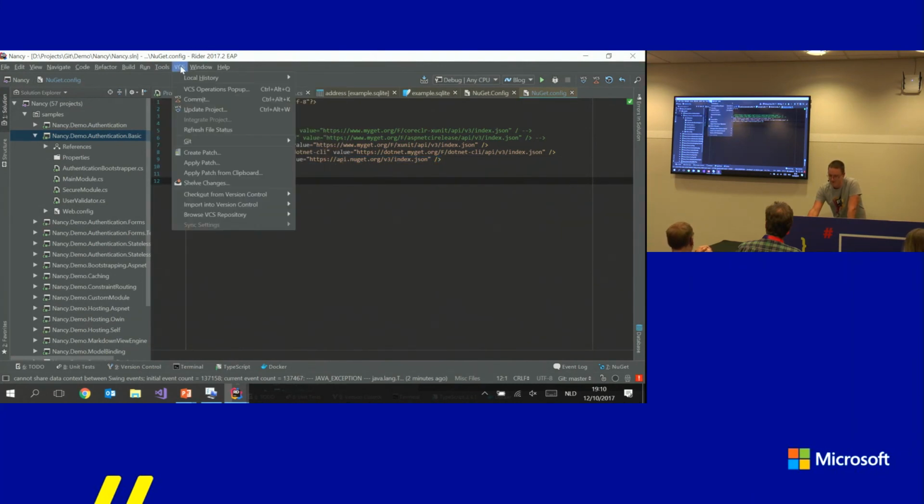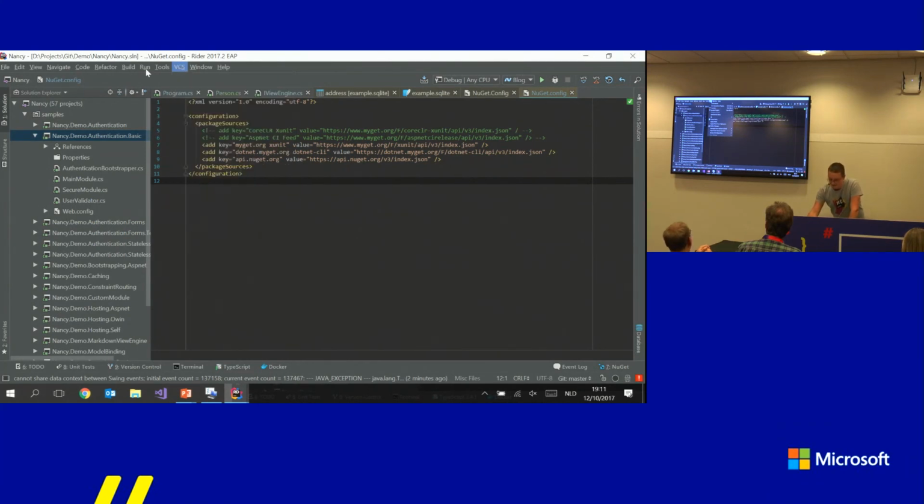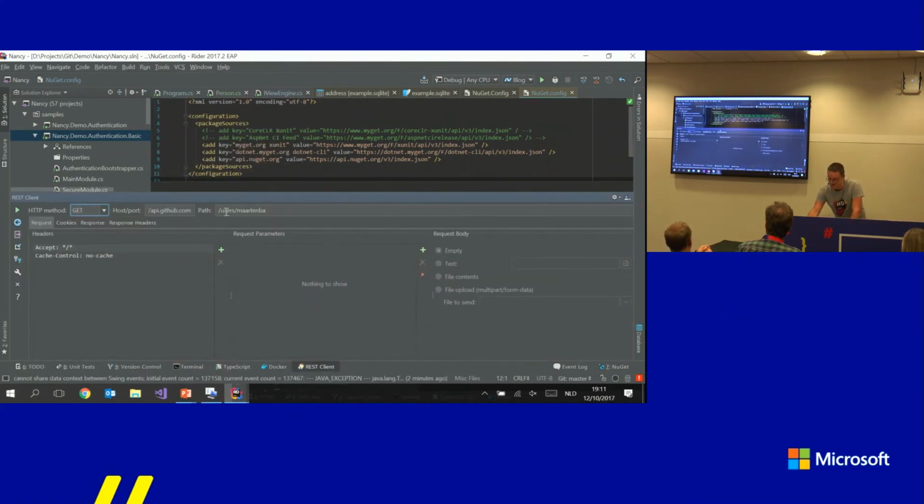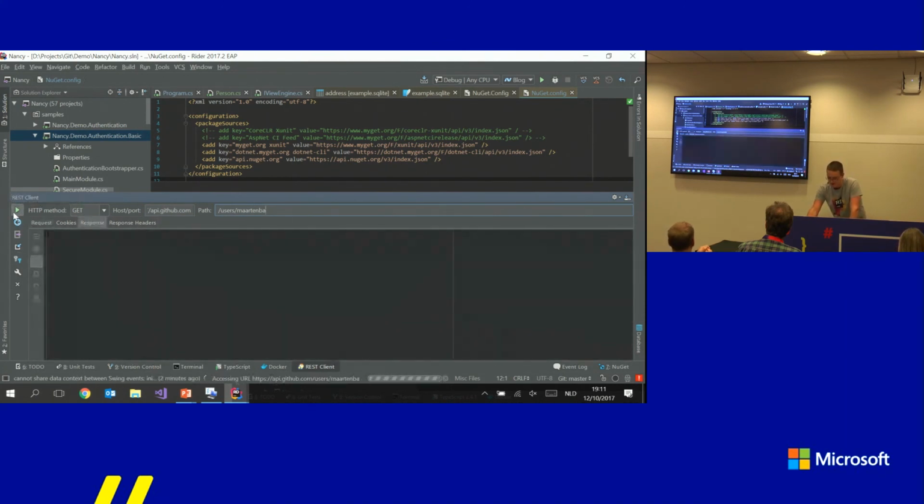Something else we have in there. Anyone building APIs? I guess many are. We have a built-in REST client. So if you want to craft requests to, for example, GitHub, what I can do is just call the GitHub API, add some headers and so on in there, request parameters. If I want to send file contents, I can do so as well,